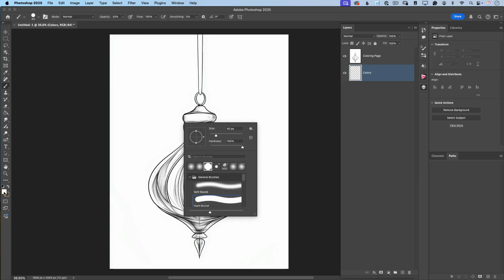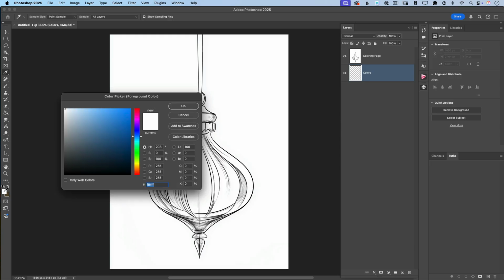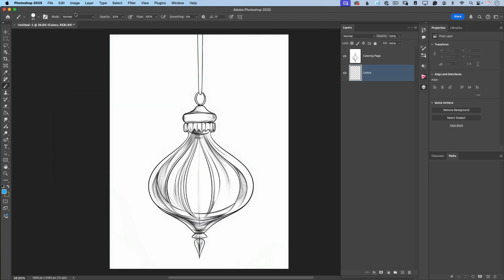And now I will pick the color. I will use this bright blue color for my base color, just like that. After I selected my color, I will click OK and I will bring opacity of my brush to 100%. And now what I will do, I will increase the size of my brush and I will apply first a